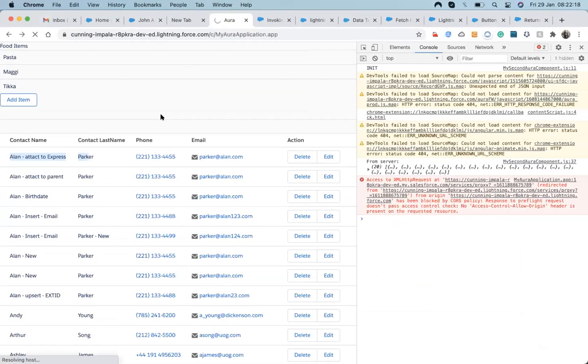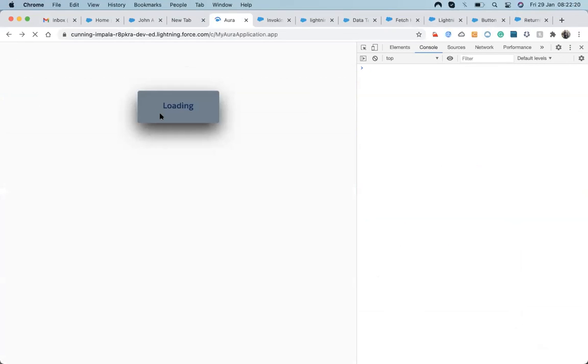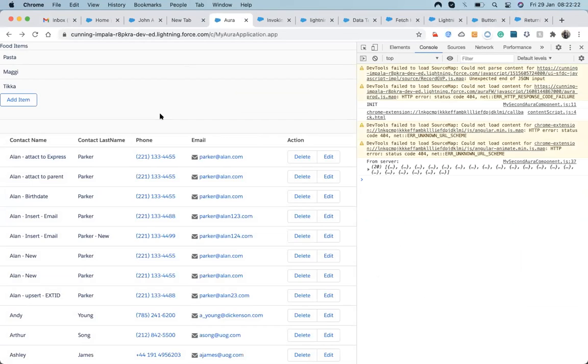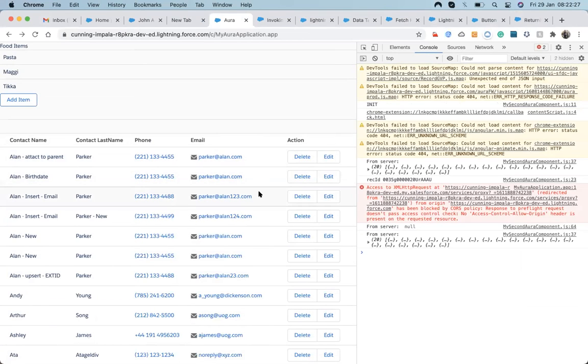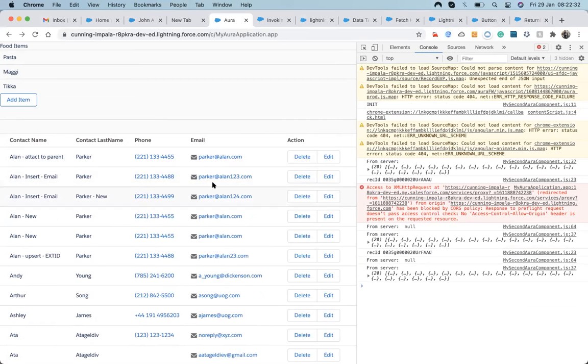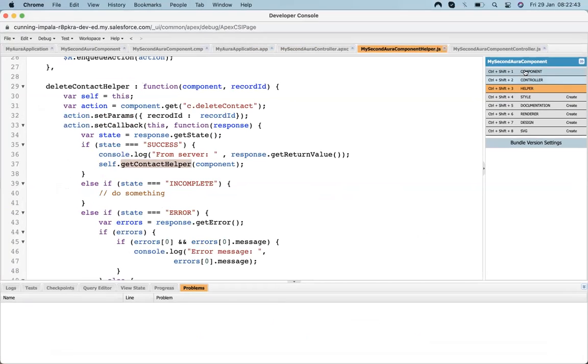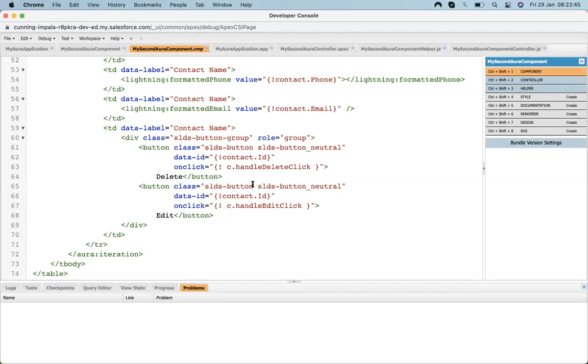So let's refresh it here and have a look. I click on delete, and it got deleted. Suppose I click on that birth date, it also got deleted. So in this way it's working. Whenever you have to work on those actions, first we need the ID of that particular record. For getting an ID, we need to create a dataset, because right now there is no standard way to get that data ID from a row.